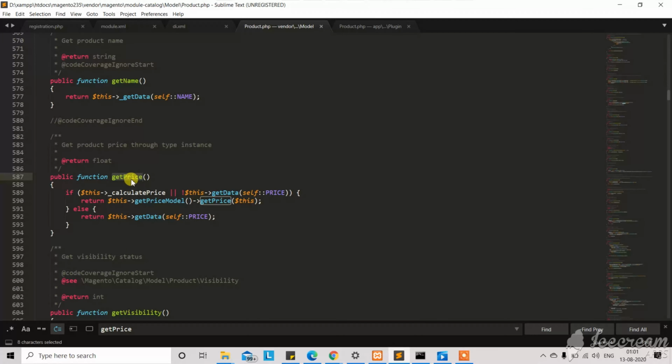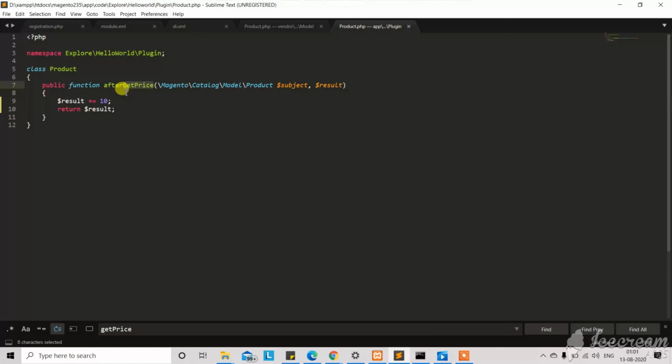We are using this getPrice with the after method. We can also use before or around, depending on what task you want to do. Okay, we are adding plus 10 here, so we can just put 20.